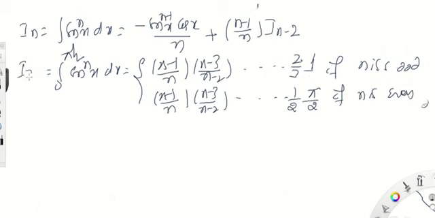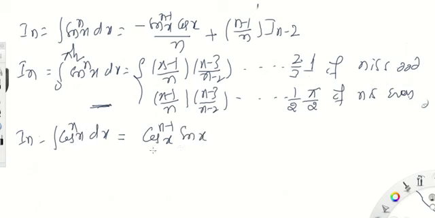Observe the result very clearly. We can calculate the solution for cos x also. I_n is equal to the integration of cos to the power of n x dx, which can be written as follows. Observe the result. We can reduce the term to cos to the power of n minus 1 x, because the integration of cos to the power of n x can be written as cos to the power of n minus 1 x into cos x. The integration of cos x is sin x, divided by n. We can write plus (n minus 1) divided by n into I_(n minus 2).